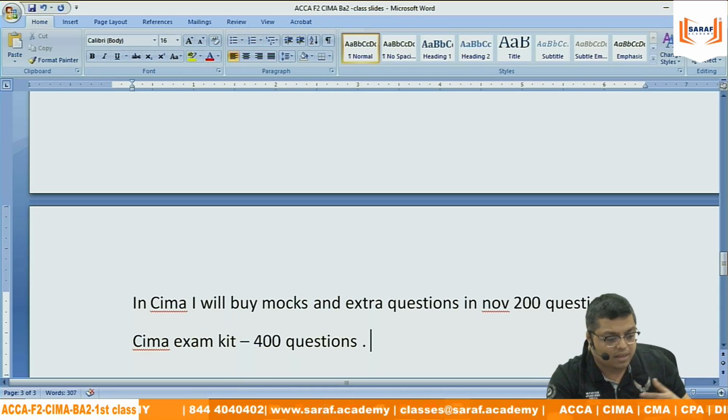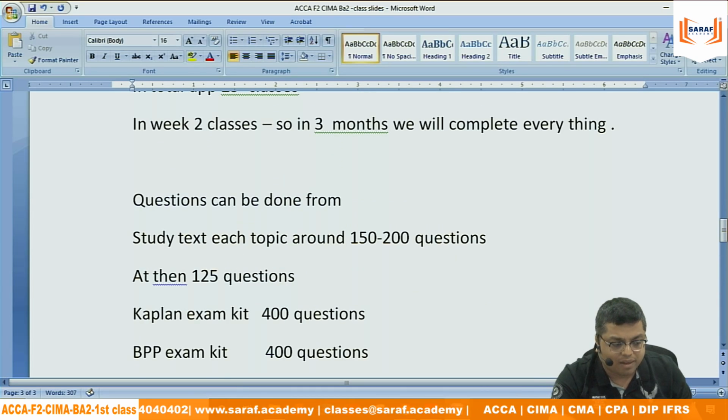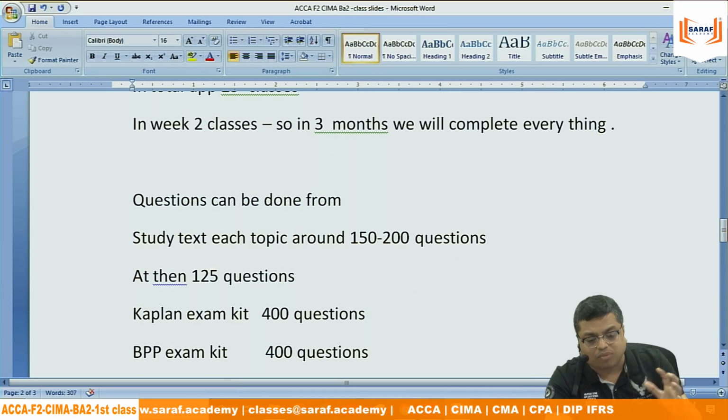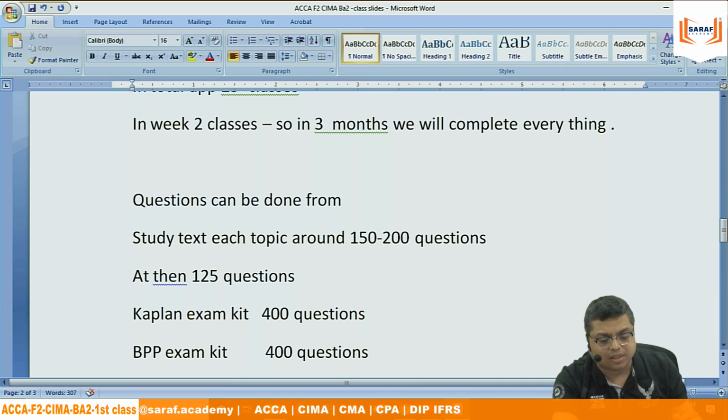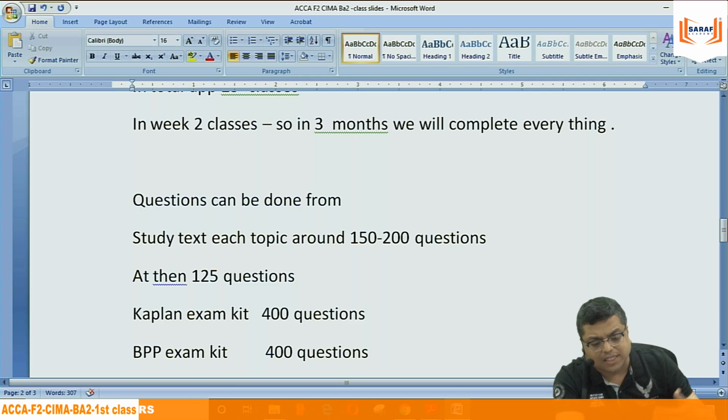According to me, this many questions are not required. If from a chapter, whatever is possible, I get the understanding of the concepts, then I will be able to solve all the questions. Even if we do 1500 questions, the question in the exam will be different. The same comma, full stop, same figures will never come.